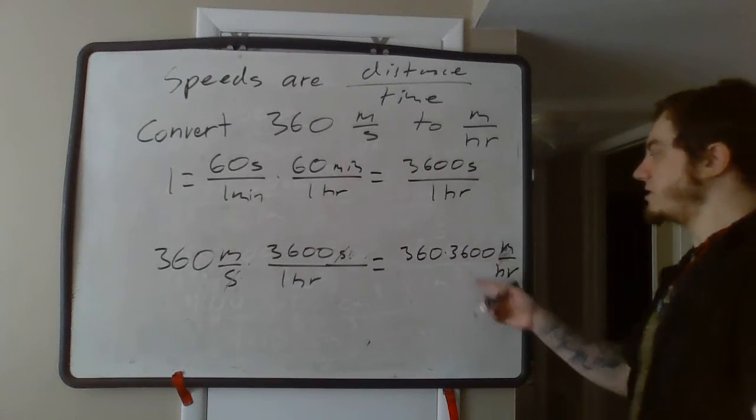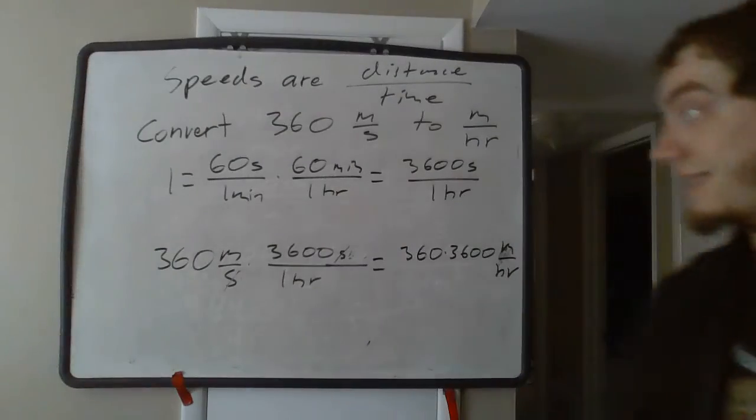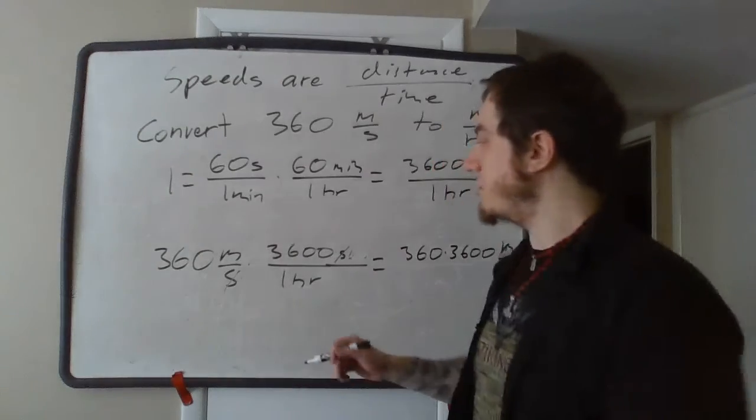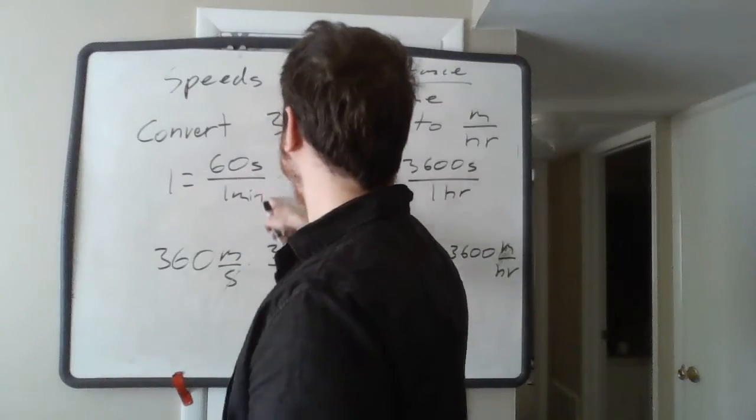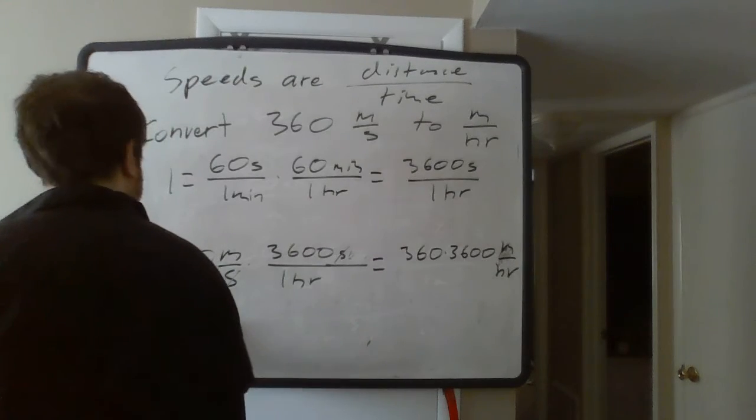And I will leave it to you guys to figure out what this exactly comes out to be. You can throw that into a calculator and get the answer for yourselves. You could alternately, instead of doing this, we could have said, okay, let's just multiply by each of these things separately. So we could have said, okay, let's take 360